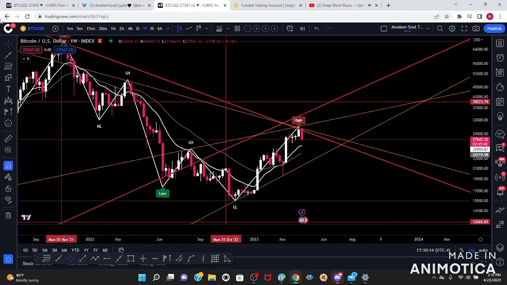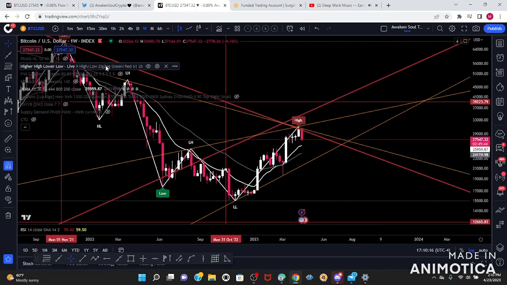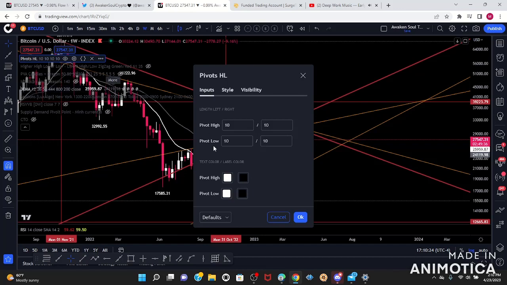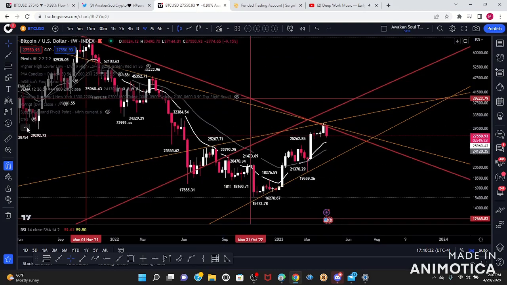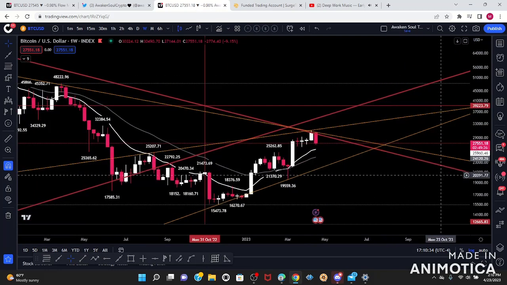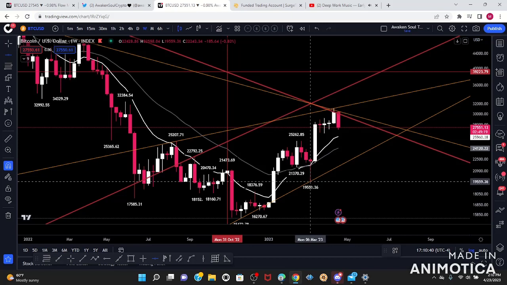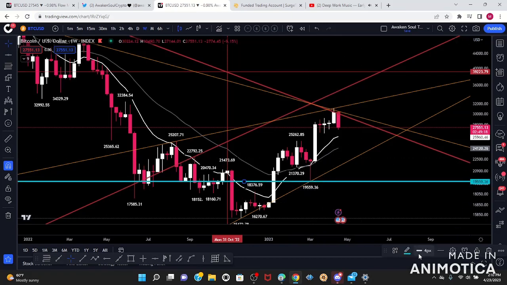Okay, now let's set our range. Our range is critical. How do I look into my range? Using my pivot highs and lows right here. This is going to guide me and show me where my highs and lows are. And again, I like to just play around with it, see what it's showing you, and more than anything, concentrate on price action. Price action is here. So my low for my weekly will be here,